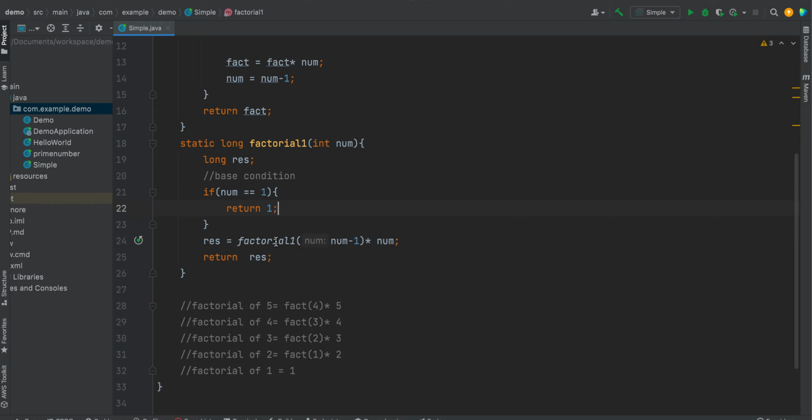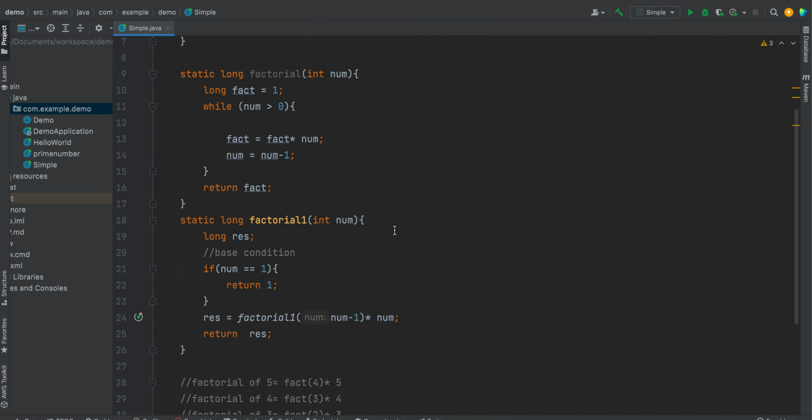To solve a complex problem, you can divide it into smaller, less complex problems. Instead of solving the main complex problem directly, if you can solve the small problems, then with the help of recursion you can solve the main complex problem. That is what we are doing. We want to solve the factorial of 5. If we know the factorial of 1, we just need to multiply by the remaining numbers, right? So 1 multiplied by 2 becomes 2, 2 multiplied by 3 becomes the factorial of 3. So this is recursion in Java.